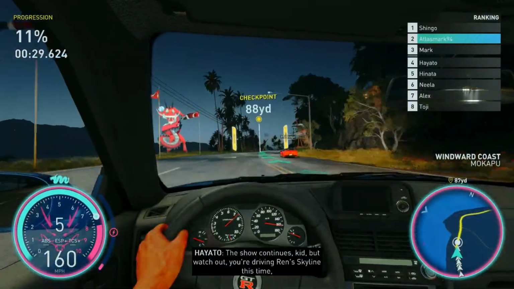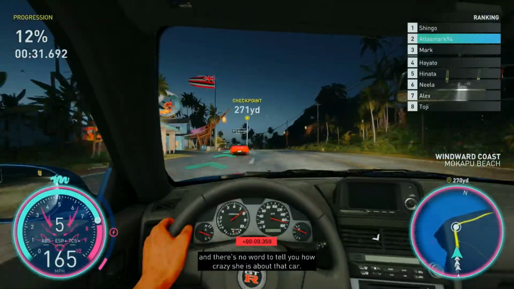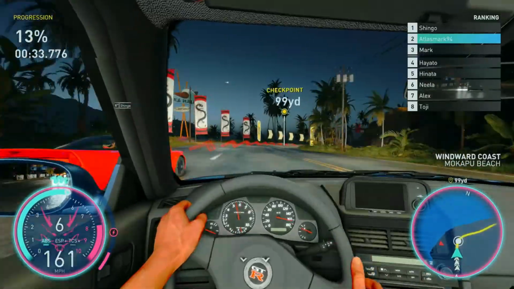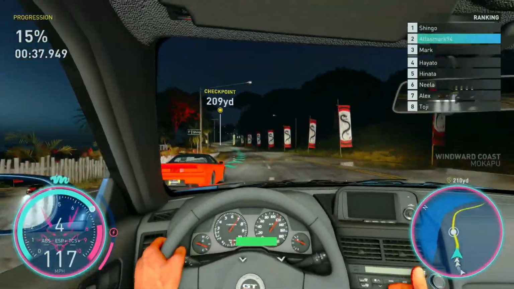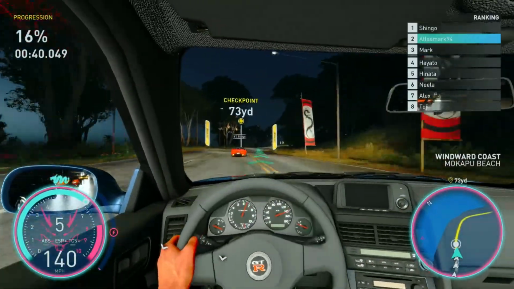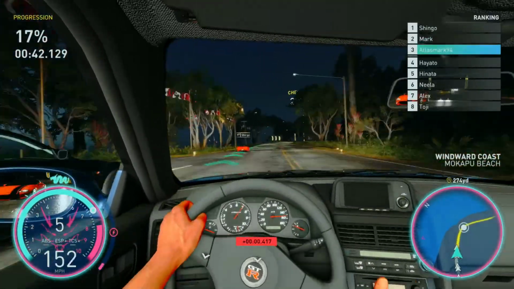The Right? show continues, kid. But watch out. You're driving Ren's Skyline this time, and there's no word to tell you how crazy she is about that car. Can't blame her. The R34 is a legend. It's a kaiju. He just. No fucking way did you